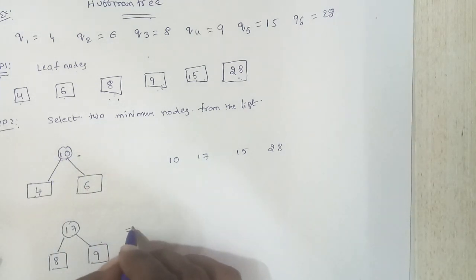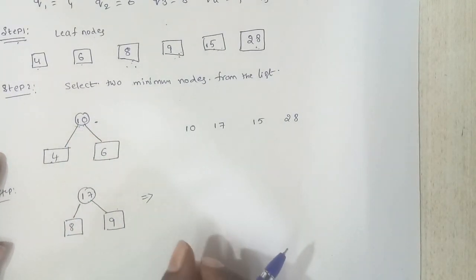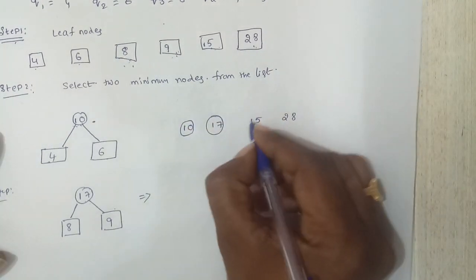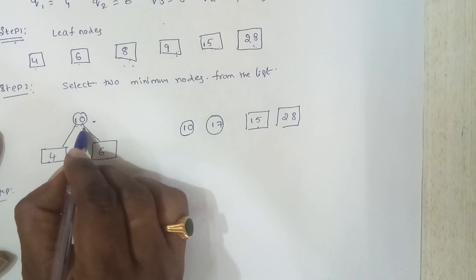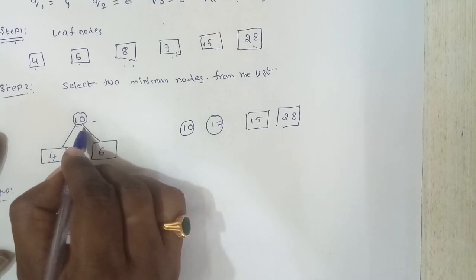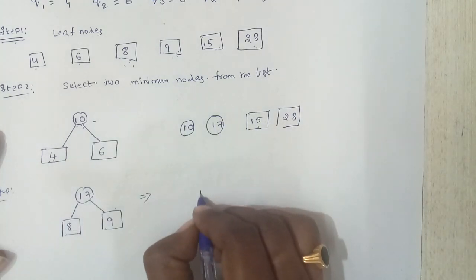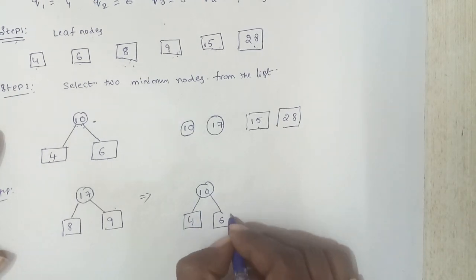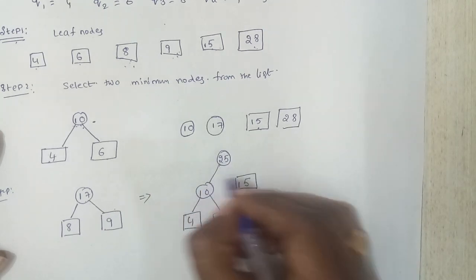Now what is the next tree? Now how many trees do we have? I have 2 trees. Now select the minimum 2 nodes. What are the minimum nodes? The minimum nodes are 10 and 15. 10 is already in the tree. Only the external node is 15. So simply attach 15 to the 10. Okay, simply add 15. The value is 25. Now how many do we have?